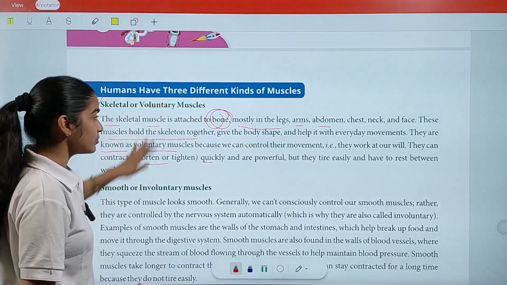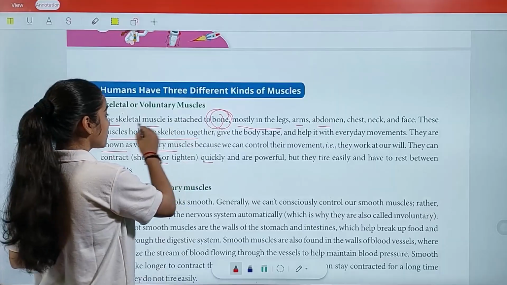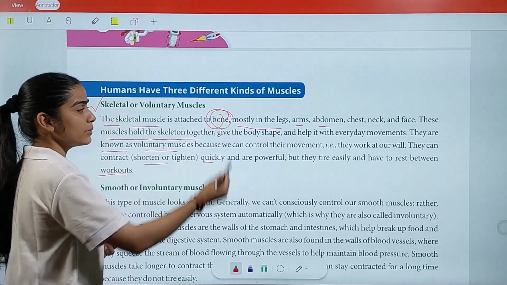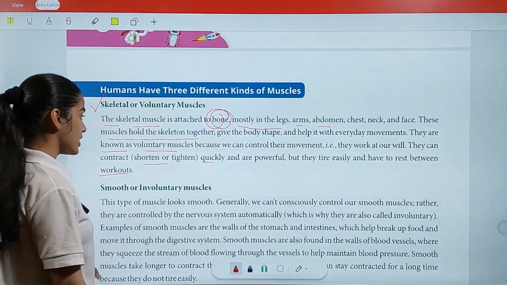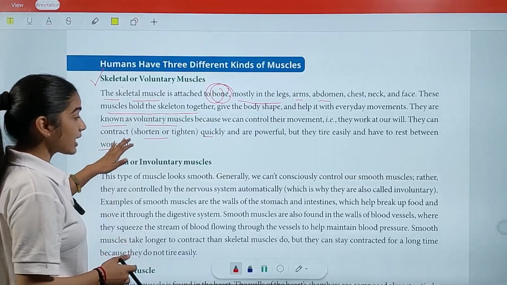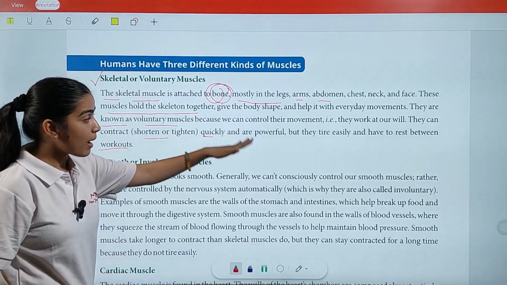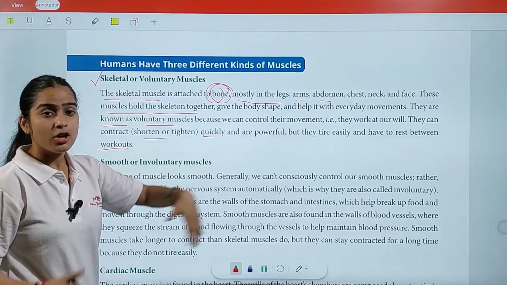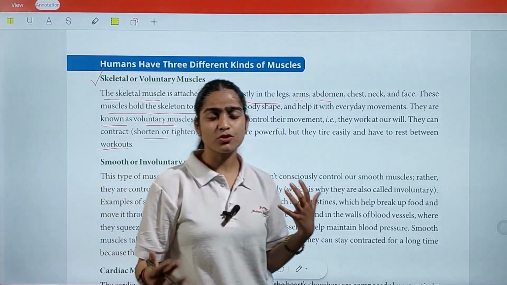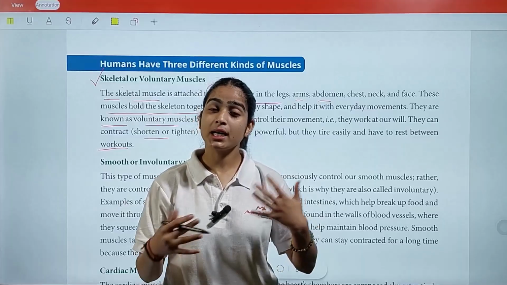And these skeletal muscles are attached to the bones, mostly in the legs, arms, abdomen, chest, neck, and face. They can contract, shorten or tighten quickly and are powerful, but they tire easily. So in voluntary movement, as I talk too much, as I walk too much, after some time I need rest